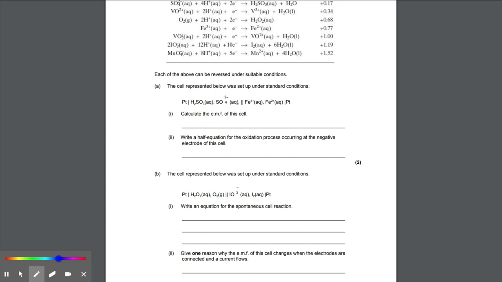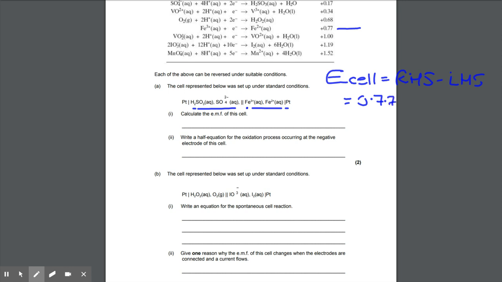Okay, so next question. We're looking at, again, a series of electrode potentials, and it's asking us to calculate the EMF of a given cell, which is the H2SO3 couple with a relative iron 3 plus couple. And we know that the electrode potential of a cell is equal to the right-hand side subtract the left-hand side value of the cell. And so for this one, the right-hand side is the iron 2 plus couple, which is here at 0.77 volts. And it's going to ask us to subtract the left-hand side one, which is here at